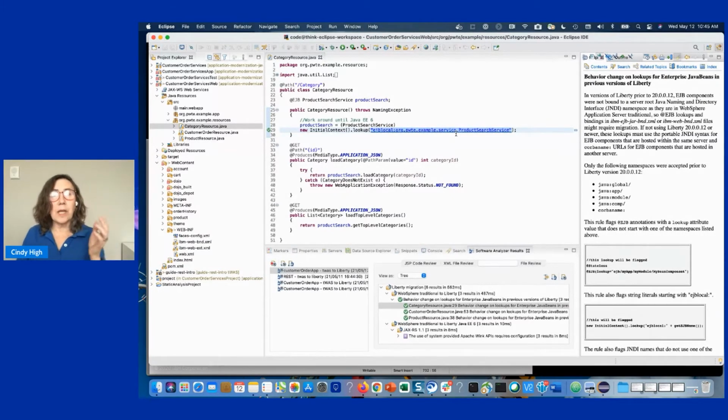So when Liberty first came out, we only supported the Java naming namespaces, and we didn't bring over the traditional EJB local, the other traditional namespaces for EJB. But we found this rule got hit a lot in code. Liberty has made the change now so that starting in 2012, using that kernel, for any EJB level, you will get the ability to use your traditional WebSphere